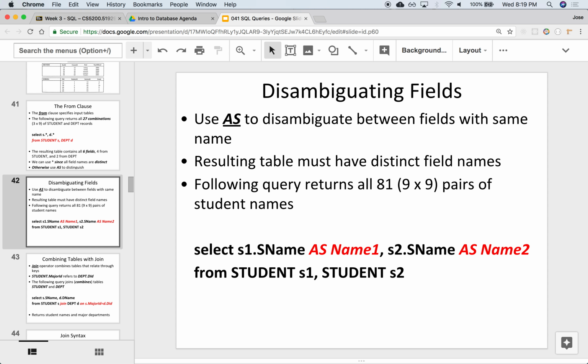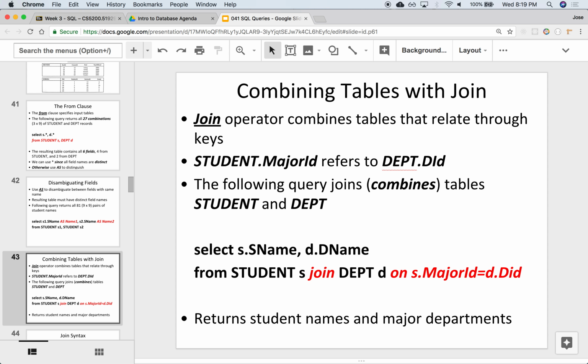So typically we won't do this, right? We won't actually use a cross product, right? It's just useless to us. More commonly, we will apply it within a join, right? Where we want to filter out and only keep those that make sense, right? Where there's some kind of relationship, where, for instance, a particular student might be associated with a particular department, right? And so we use the join operator between two particular tables, and then a predicate that we're going to filter,